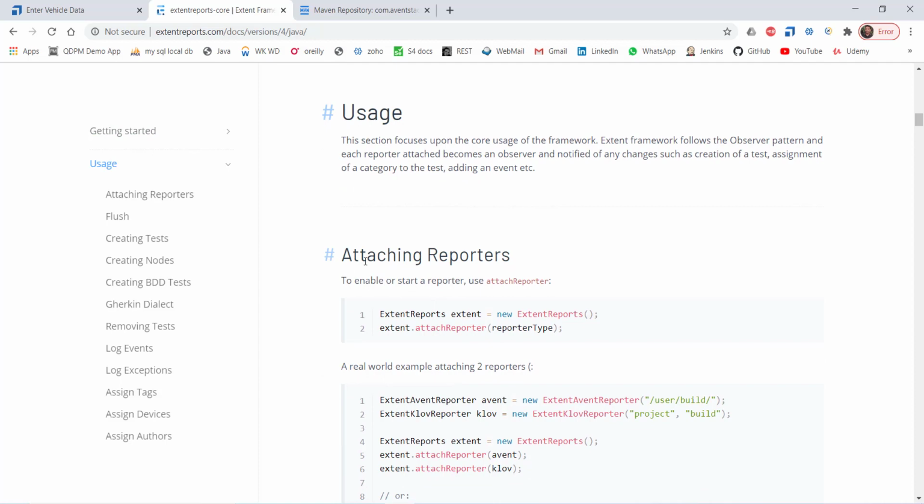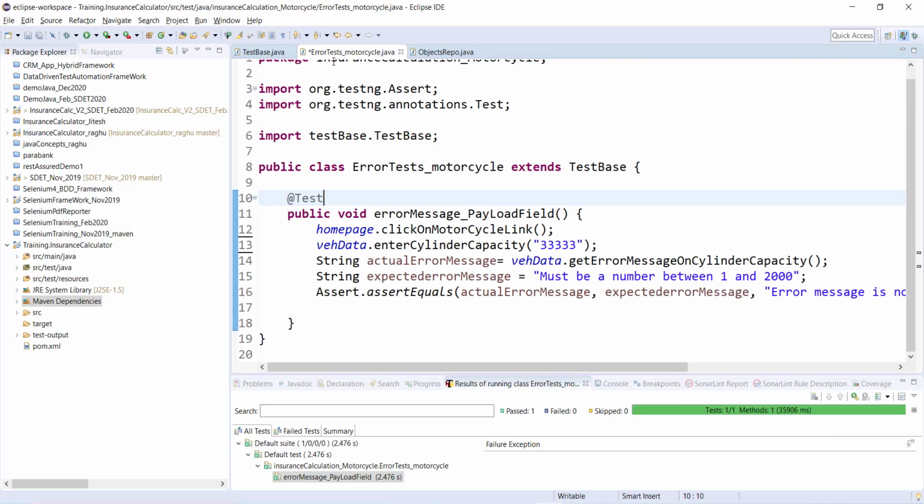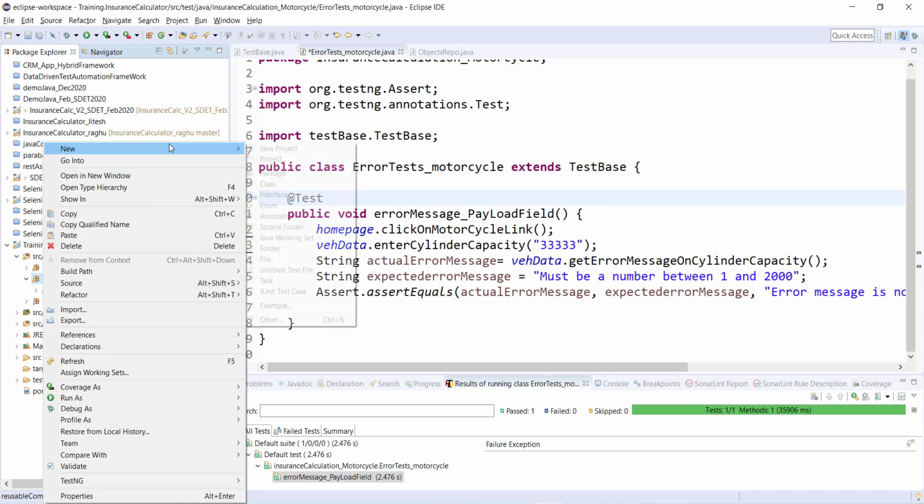Before I talk about how to use it, let me create one class called ExtentSetup. I'll do all these settings in a class called ExtentSetup. I am going to create that class under reusable components.